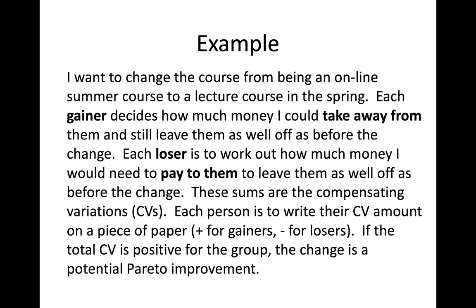So let's just get right to it because it's confusing, I know. If I want to change the course from being online to being a lecture course, then every person that gains from this says, oh yes, I'm much happier to have it as a lecture course in the spring. So the winners say how much money I could take away from them and leave them still as well off as before the change. And the losers would have to decide how much I would have to pay them. So again, we have that Pareto optimality potential evaluated just like we did before when we were doing chapter 1,